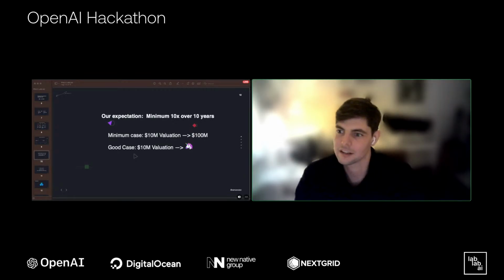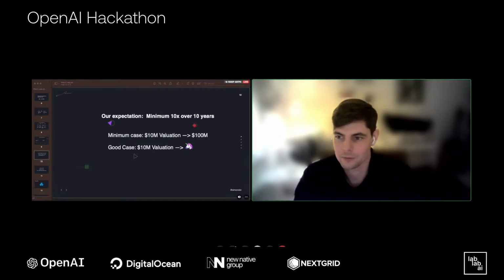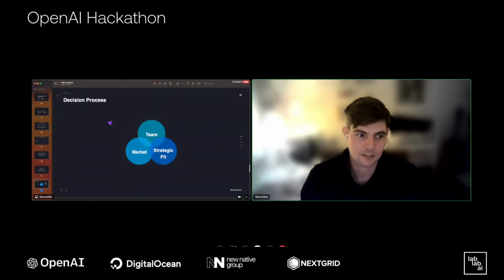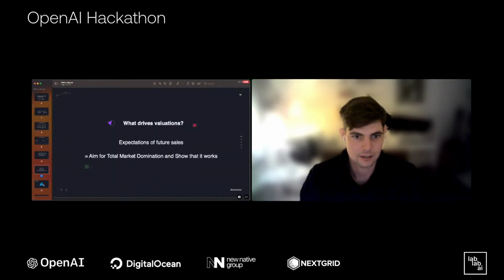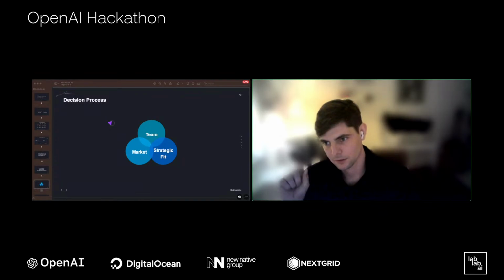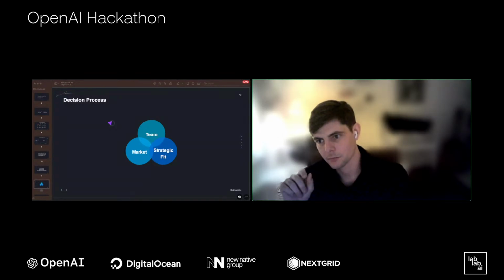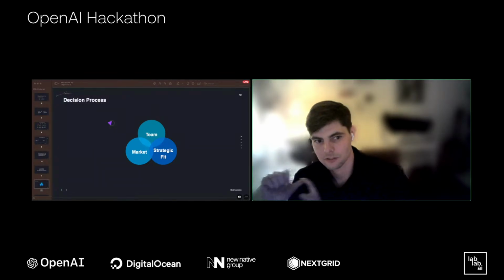But how do you actually scale your little widget that you just built into a unicorn? It's hard, right? And the way that most people go about this is by pressing on three different factors. They press on the fact that there's a huge market opportunity. And this little thing that you've built is solving a little part of the huge market problem. But the point is that you can scale it from that little problem set to a much, much bigger one. So market is very important to include when you pitch something.